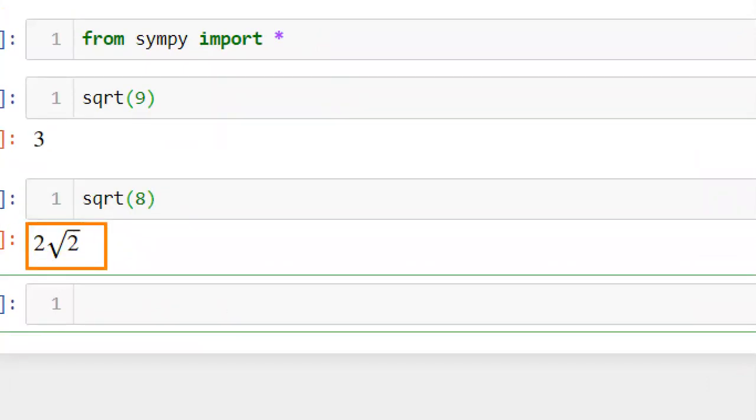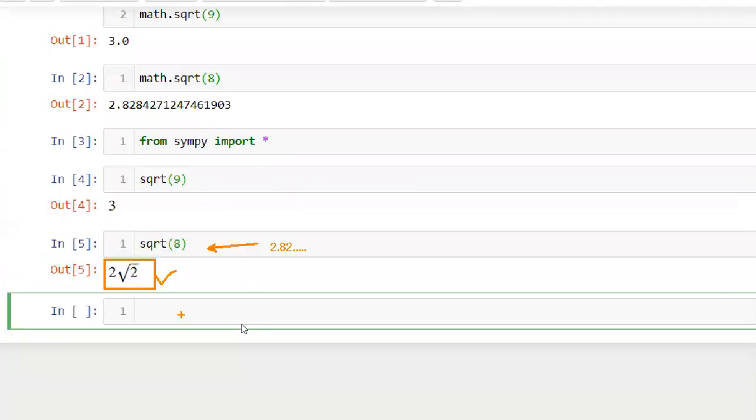Now you got this rational value, right? When you use the sqrt from math, you got a 2-point something value, like 2.82 something. So to avoid these types of values, if you want a value in this way, you can go with this SymPy package.